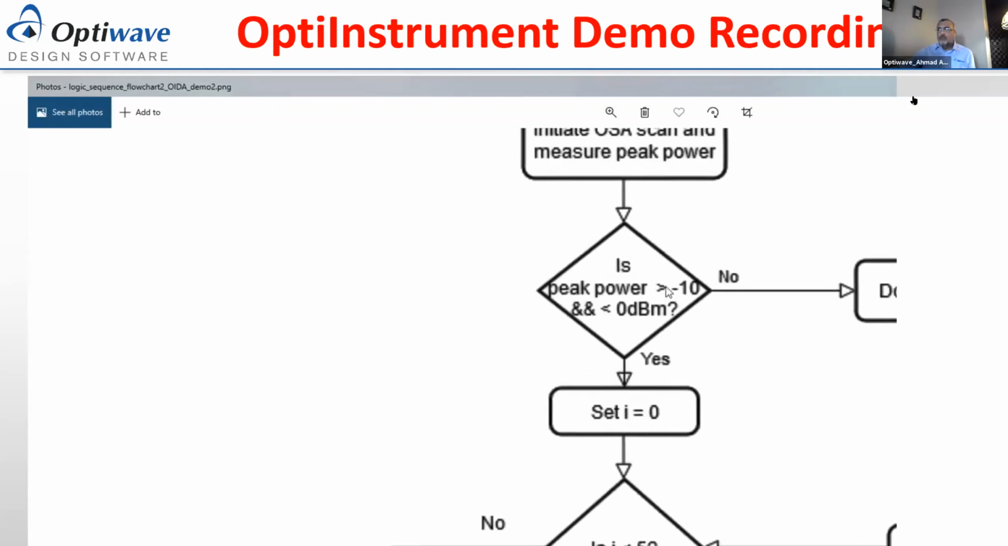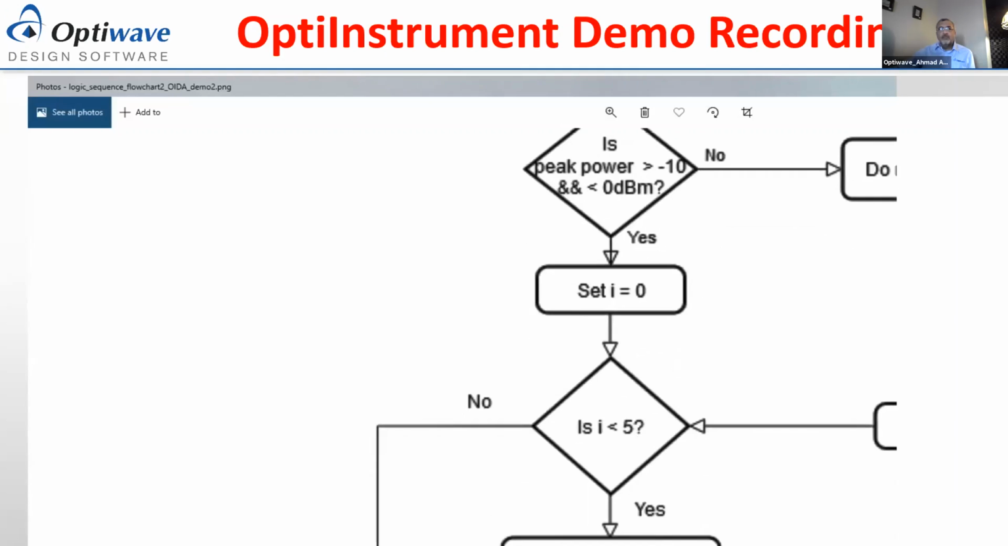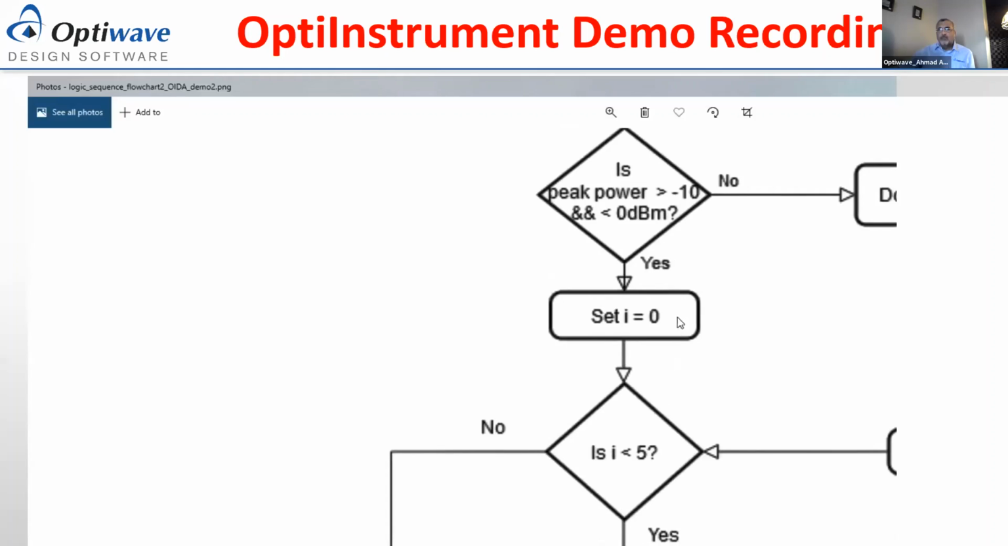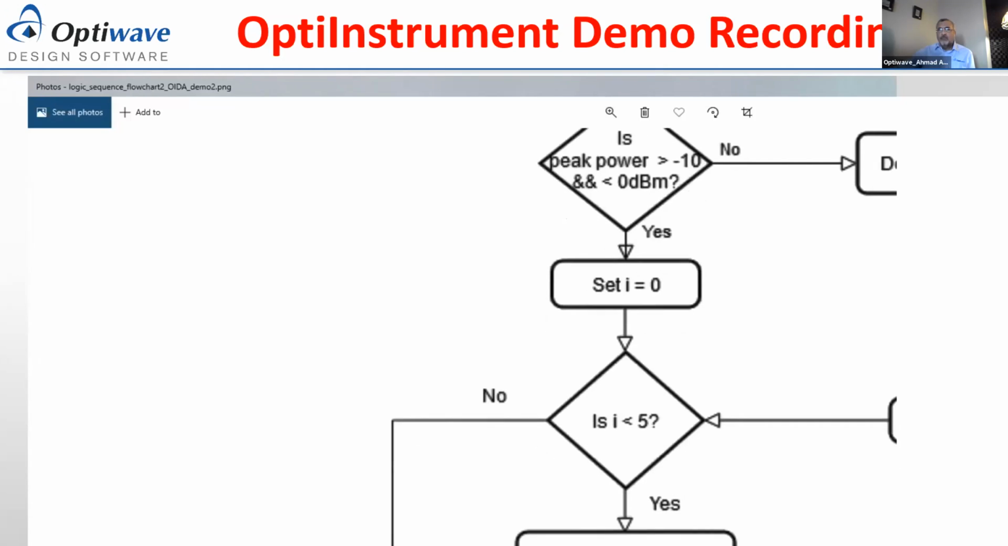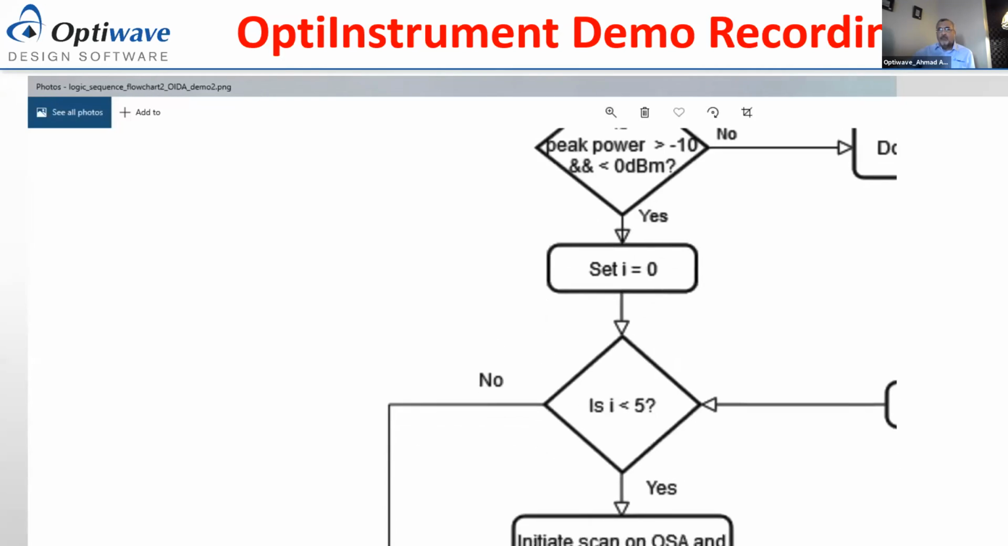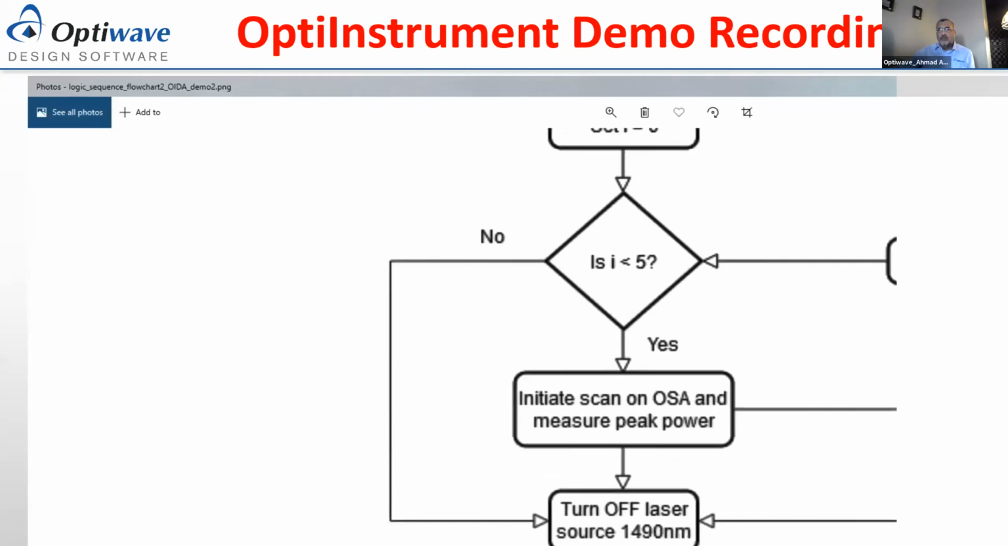Once we have our peak power value, we enter our first logical loop, where first we encounter the conditional statement, and in this statement we check if the peak power is less than 0 dBm or greater than -10 dBm. If the condition is met, then we enter the loop. Otherwise, we exit the loop and turn off the laser. Once we enter the loop, we measure peak power 5 times. And once we have those values, we exit the loop and turn off the laser and move to the next